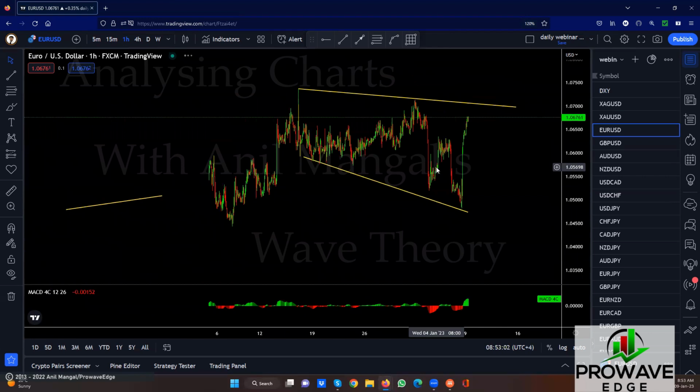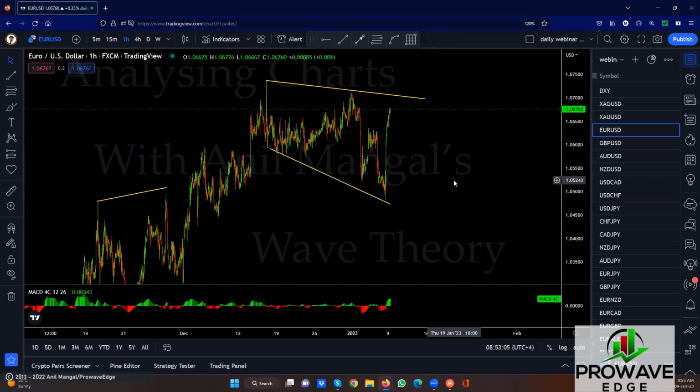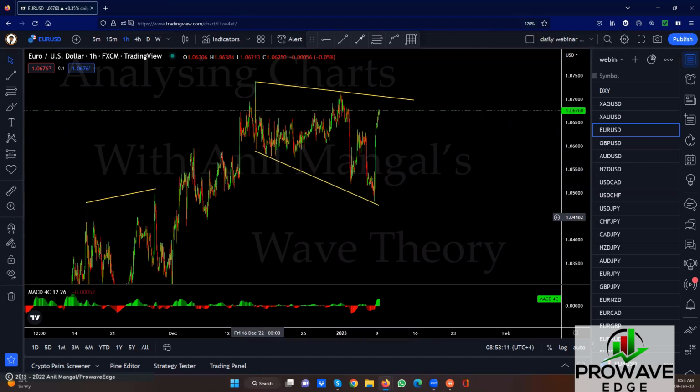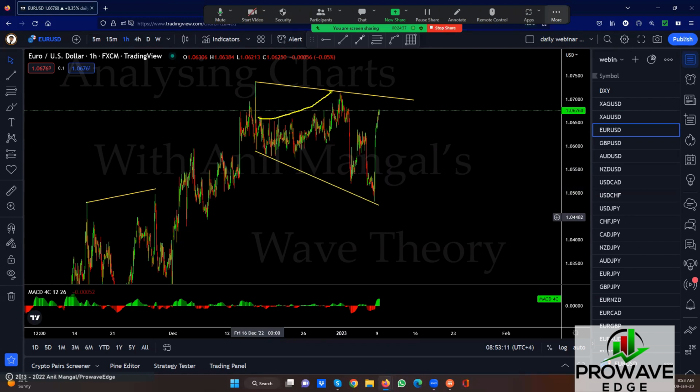So we're waiting for buy setups. Can it come back to the bottom? Well, that'll just make the pattern more complex. But I don't see any reason for that because this correction here is pretty telling, right? This is a sharp move and this is a sharp move. So there's no reason for anything complex. You kind of get a clear 1, 2, 3. This is a 3-wave structure. And now we go up. So all we have to do is get a correction here. And that would be a good buy.